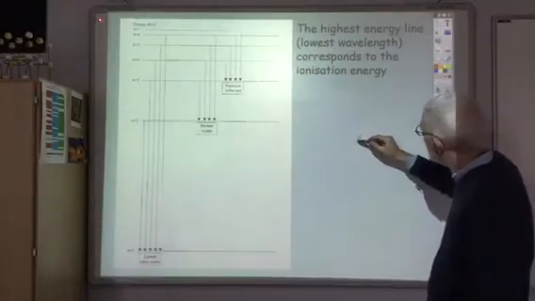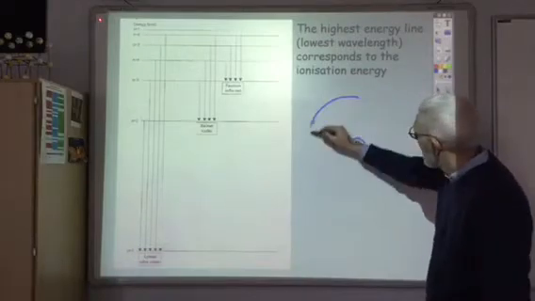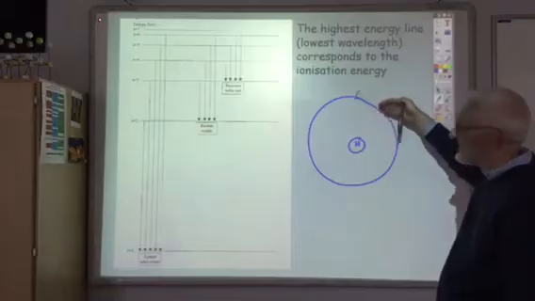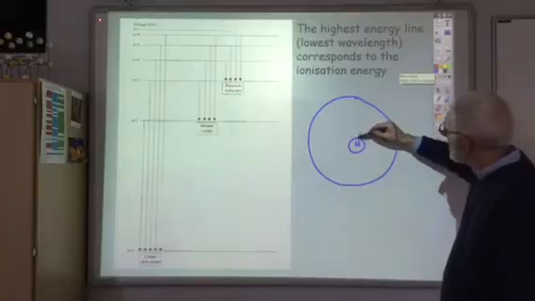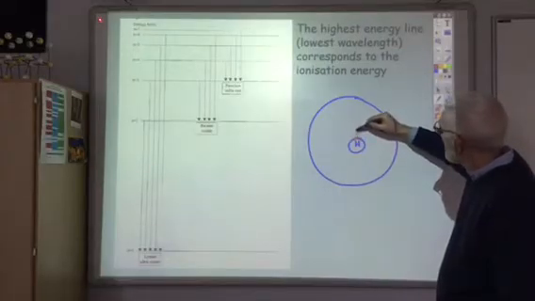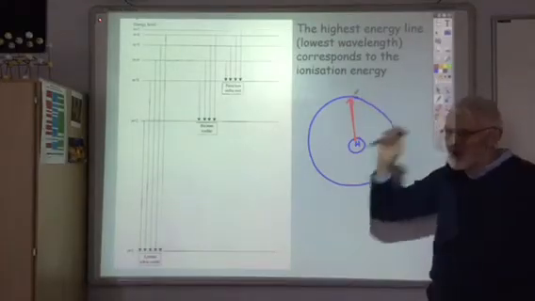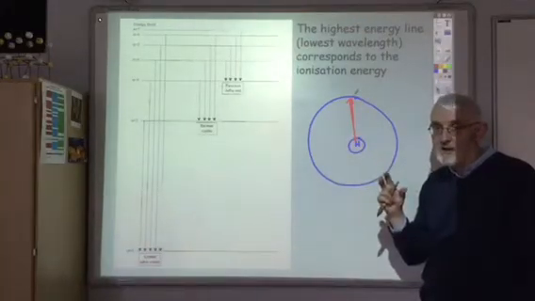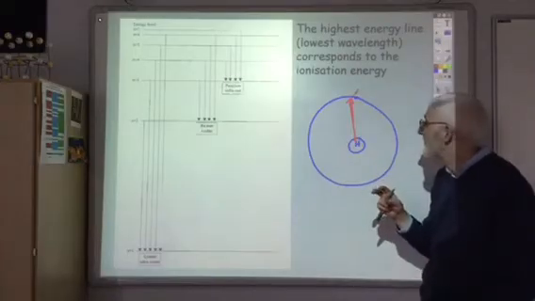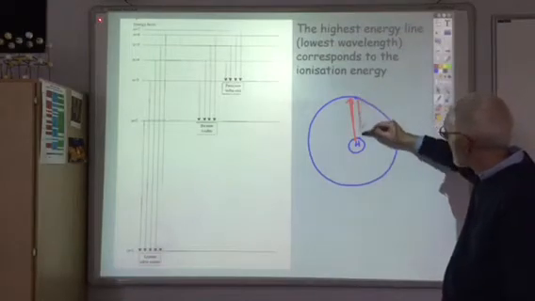So let me explain. Let's just stick with hydrogen. That's the first energy level, and this is not the second energy level, maybe the 8th or 9th. When we excite the electron up to this energy level, it's still close enough to the nucleus to be attracted by the nucleus, so it's still trapped within the atom. So you'll get a really big